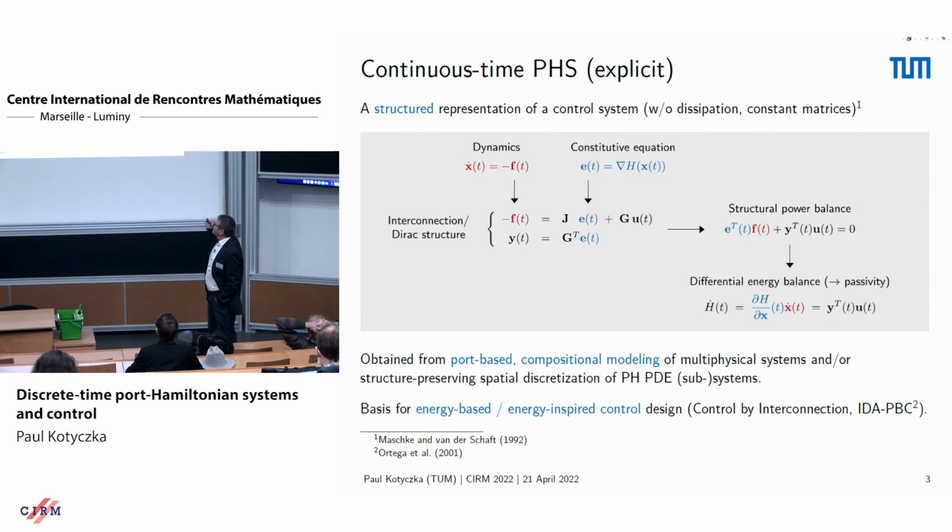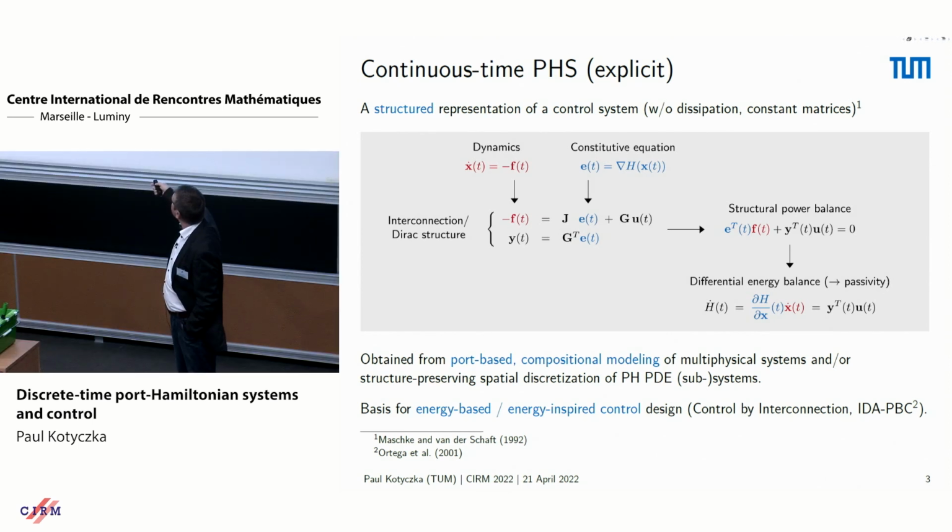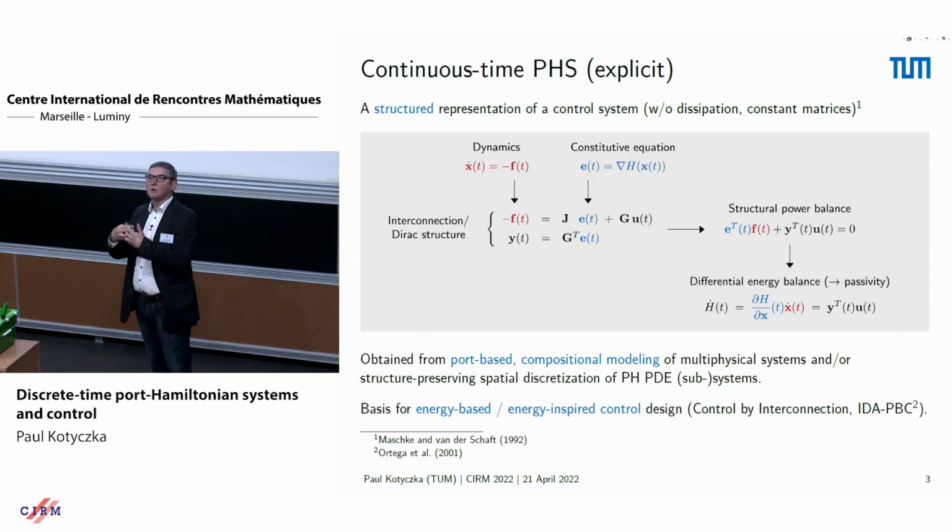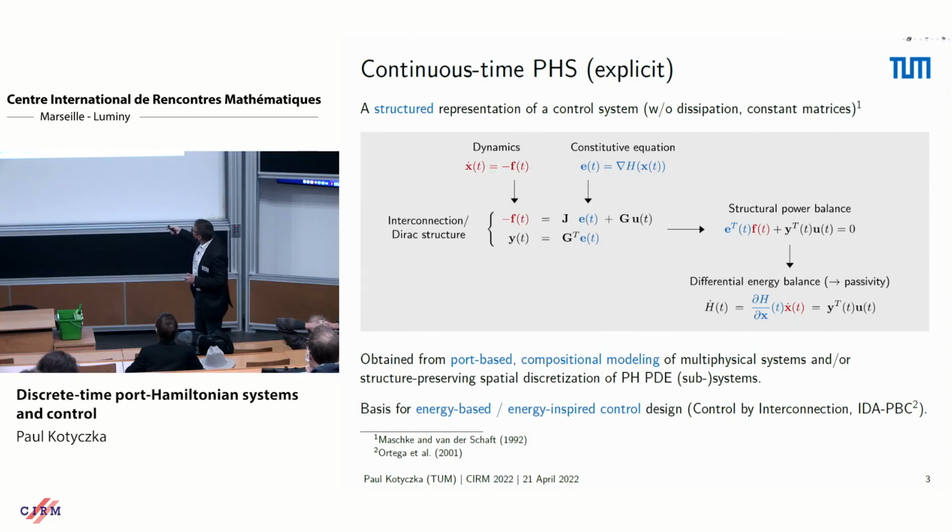We can express, for example, in this form, the interconnection conditions of such a finite dimensional Dirac structure, where the flows and the efforts are power conjugated variables, such as also the inputs in the sense of control and the outputs here are power conjugated variables. Okay, so this is the core or the backbone of the port-Hamiltonian system representation,